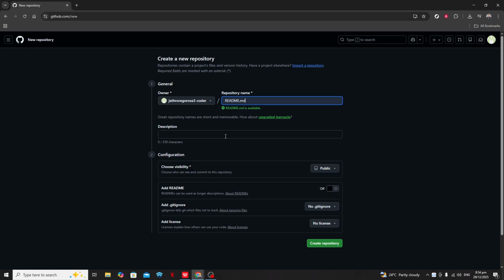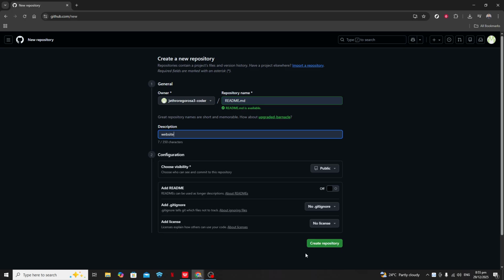To create a README file, you have a couple of options. If you already have a local project directory on your computer, open your preferred text editor or integrated development environment, also known as an IDE. Now, create a new file in the root of your project and name it readme.md. The .md extension stands for Markdown, which is a lightweight markup language that lets you format text, add links, images, and more, making your README both attractive and functional.